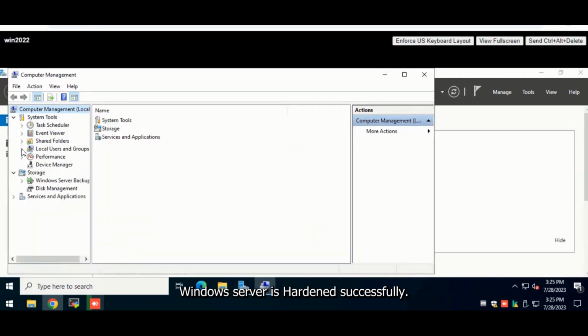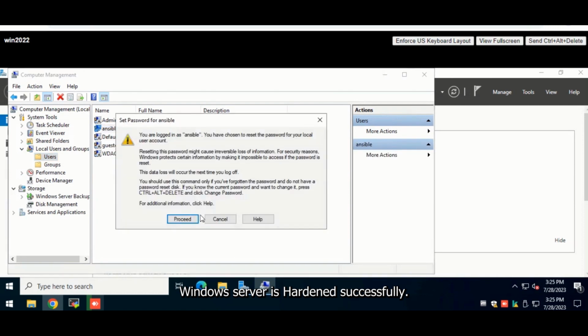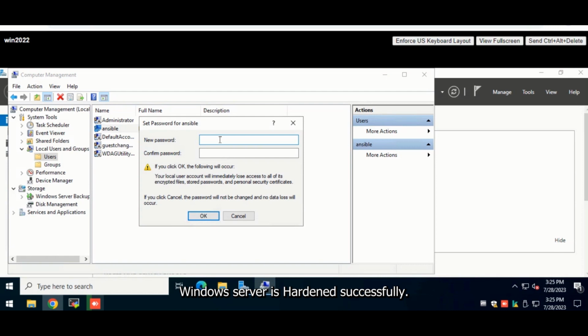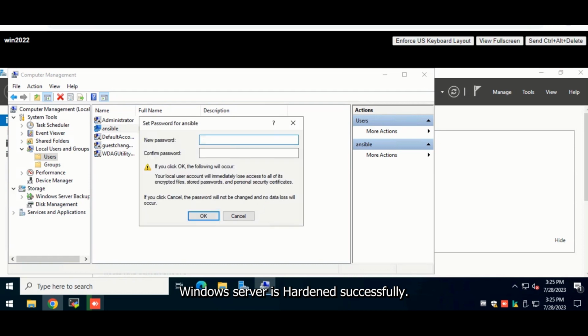So I'm going to change it to a difficult one or set up a new password. I enter a simple password without too much complexity. As you can see, the password policy rejects the entered password. So I try again